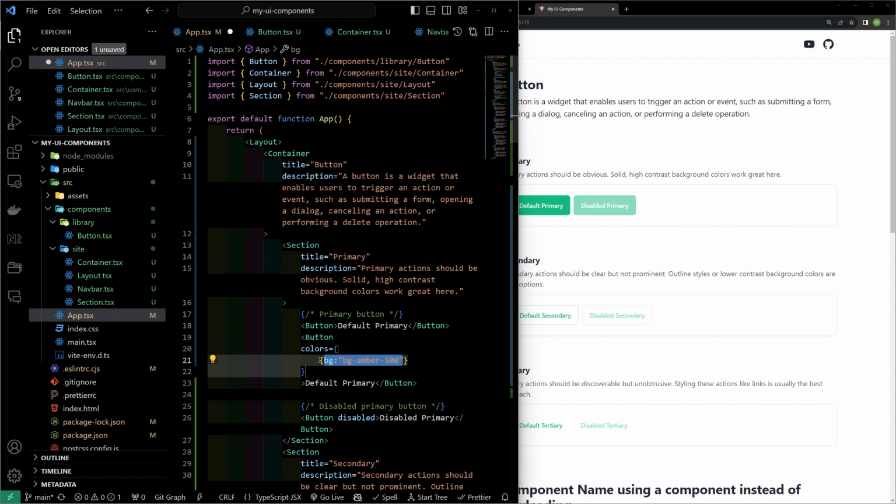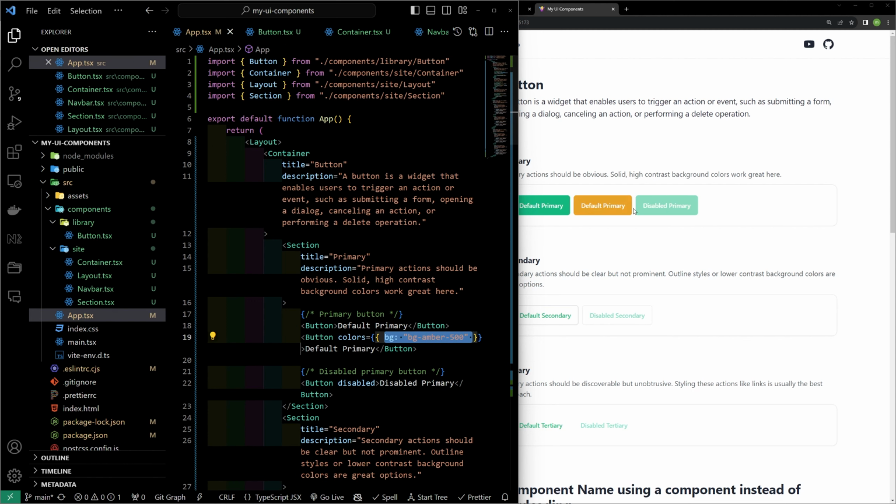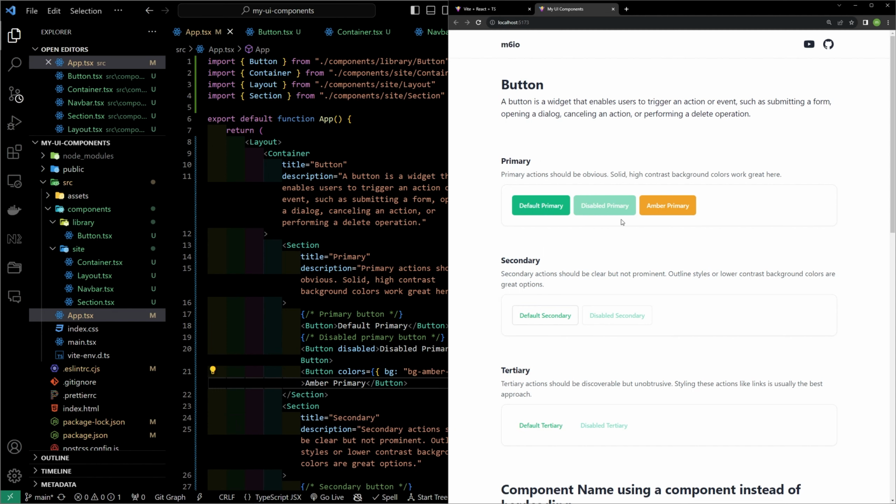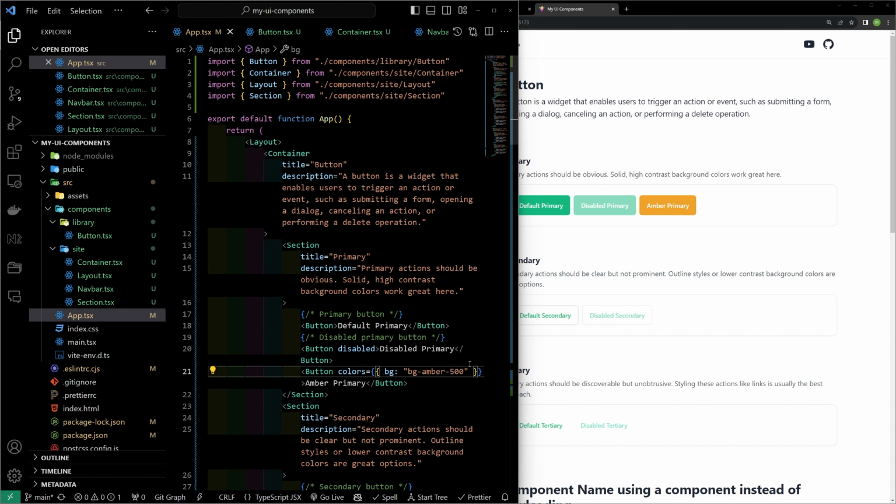So now what I'm saying is override the background color with background amber 500. When I hit save, you'll see the default primary shows up with the background amber 500. So I am going to change this from default to amber, and I'm going to move it underneath the disabled one. Looks a little cleaner that way. There we go. So now the hover color is still the standard one, which is fine, because the way we're going to get around that